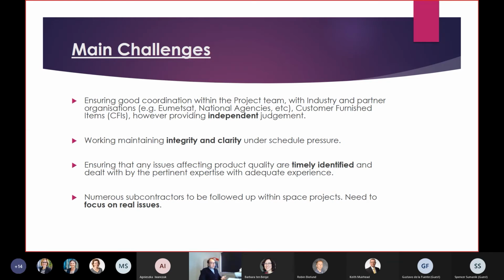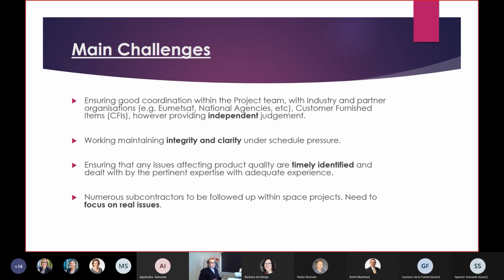This is why we need to maintain our integrity and clarity, even when we work under schedule pressure, because the consequences of a failure can be really severe. Of course, we need to be involved throughout the project life cycle, and we need to ensure that any issues affecting product quality are identified in time and dealt with by the pertinent expertise with adequate experience. So we need to involve the right people when a problem arises.